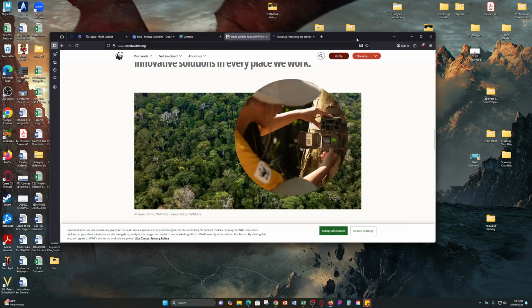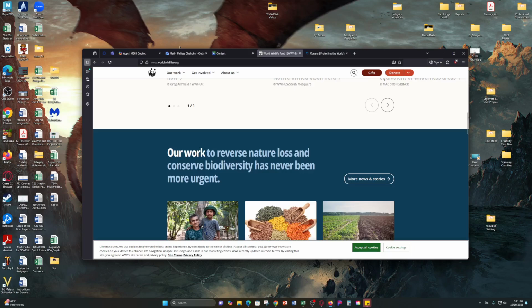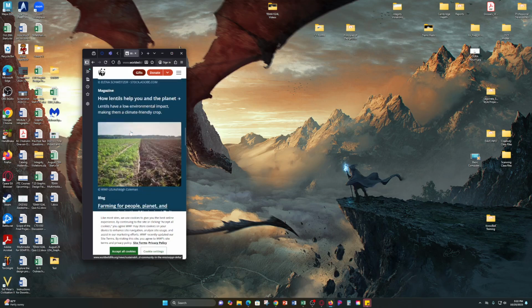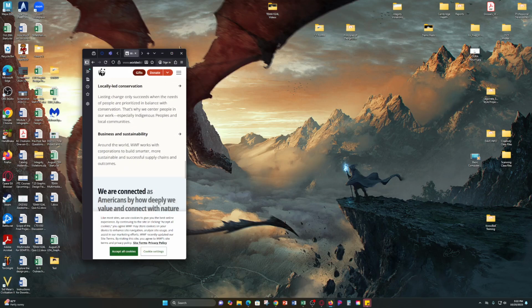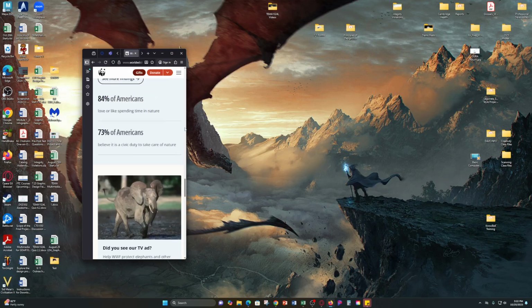All right, so let's look at this. If we take the World Wildlife Federation, this is stacked. This is mobile view. The thing about mobile is that, as a mobile user, you only see what the developer feels is important. It was great when I went to this other site, it brought up a modal. I was like, oh, there's a modal, but I think it disappeared. But anyways, if you look at this now, as we expand this,